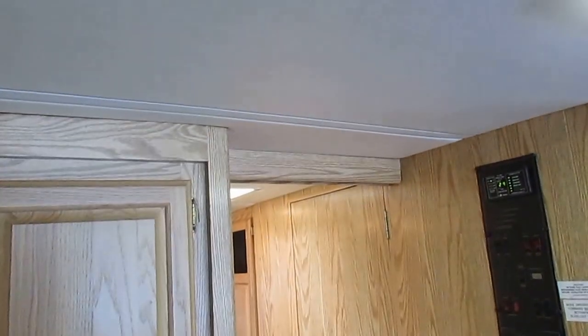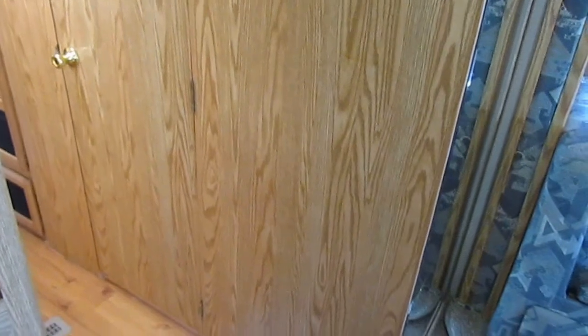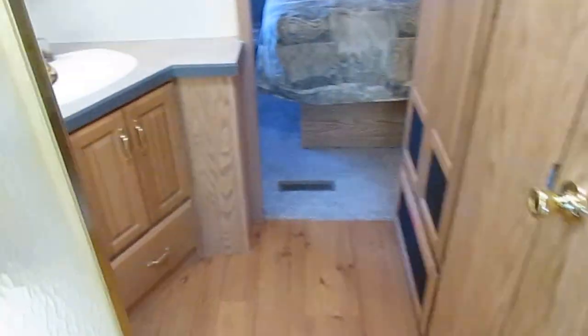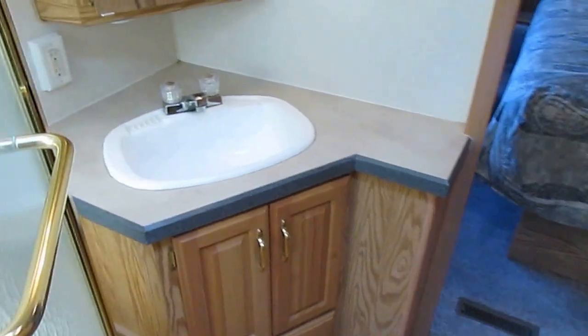But anyway, you got real Corian countertops. Like I said, it's a 9-layer roof system. It's got the peaked aluminum or metal roof on top, and it is a 9-layer. It's got the padded headliner, helps reduce road noise and helps the insulation factor. Got the 1500 watt inverter. You step through here, you've got a nice large walk-through bathroom,